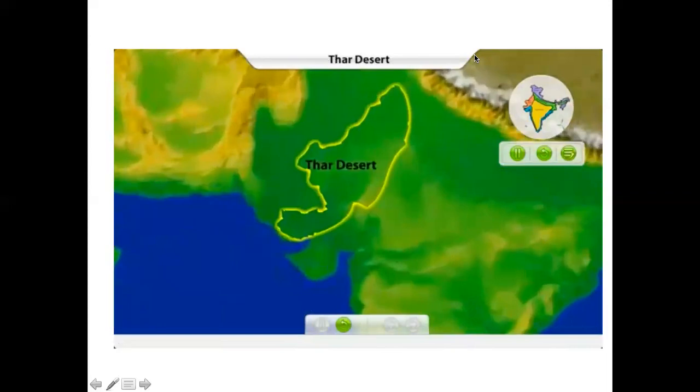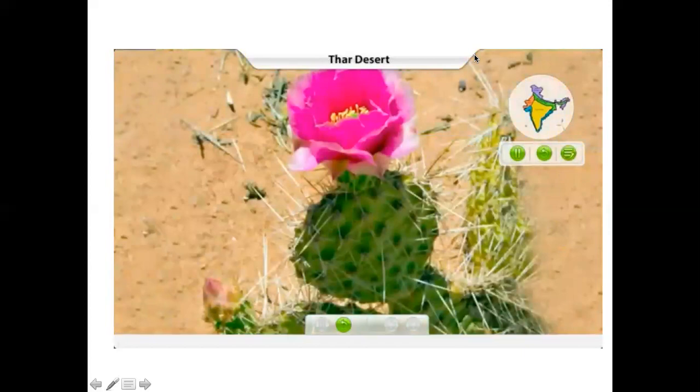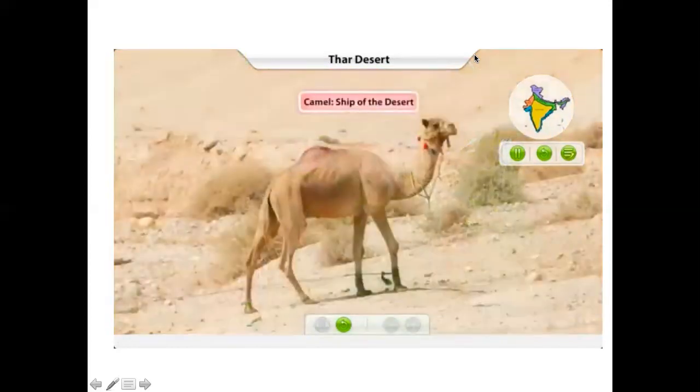The Thar Desert lies in the northwest. You will be amazed to see the pattern created by the wind on the sand dunes. Since water is scarce in the desert, plants like cactus grow here. Camel is known as the ship of the desert because it can walk easily on sand and live without water for many days.